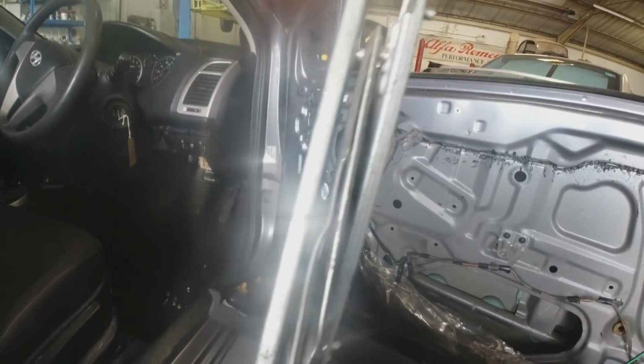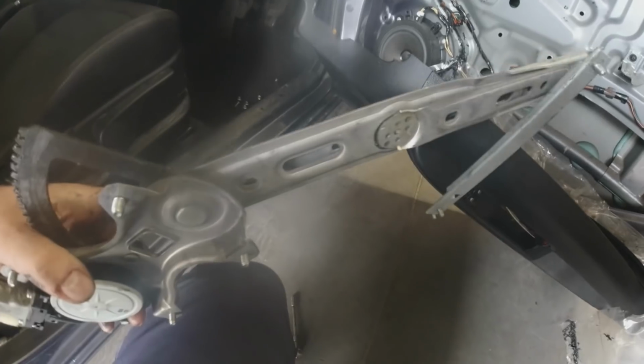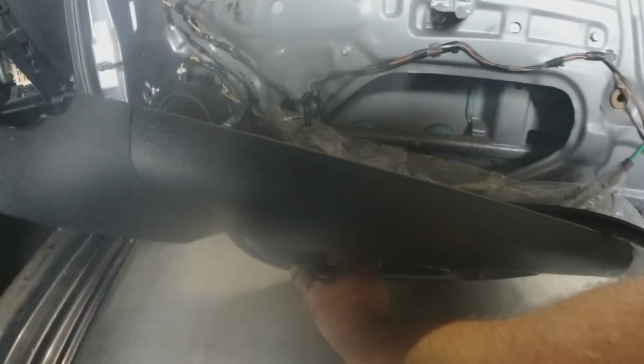So we've got it in the vise, excuse a bit of grease on the camera, and straighten that out somewhat. So we'll get it back in the car and see if it's straight enough to be happy. Excuse the rain outside. But right, okay, so we've got the mechanism back in,